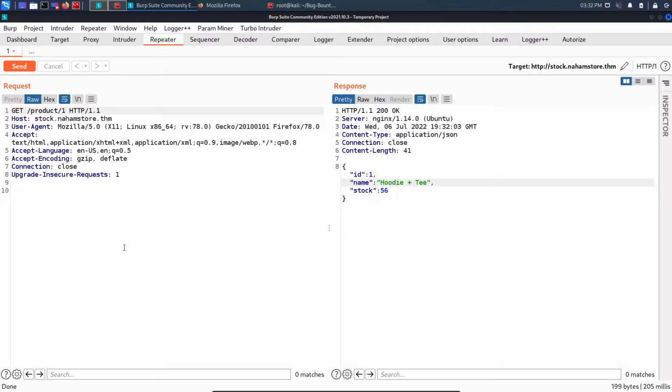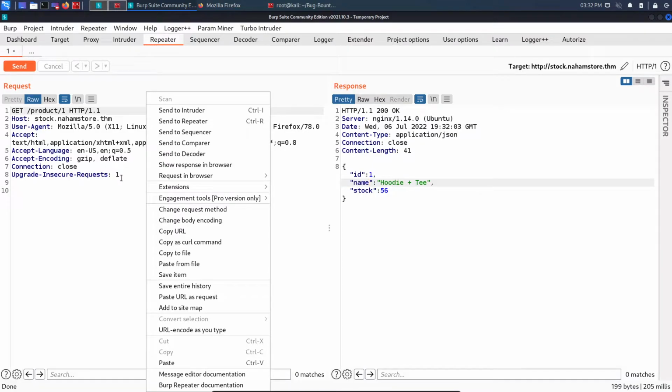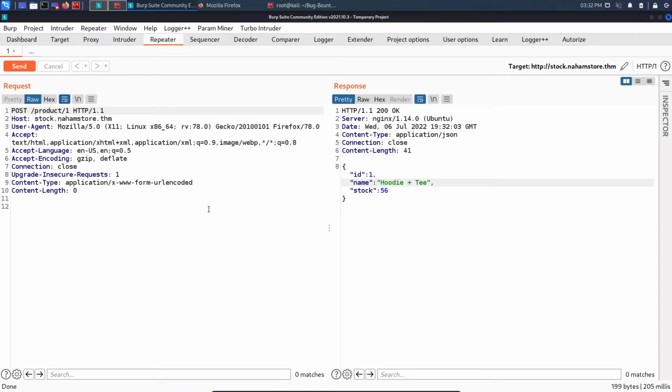So what I will do now is, there are a lot of things which I can try as well. The first thing is, I can try to change the request from GET to POST. Now it is rendering back information in JSON format, so it looks interesting. The first thing which I always do is that if it is getting me the response back in a GET request, what does it do in POST, whether it needs some other parameters or what it will do. Let's see. So change request method and click on send, and I got a unique error message